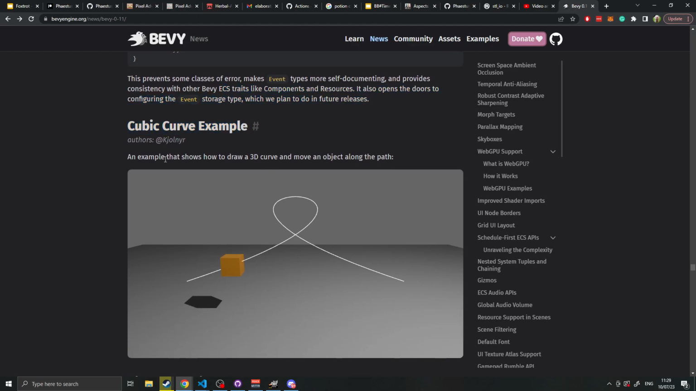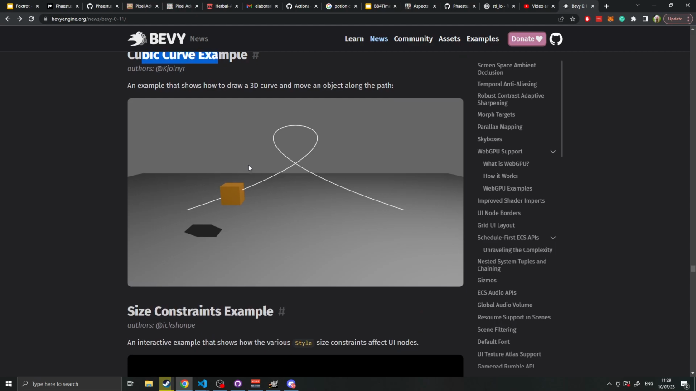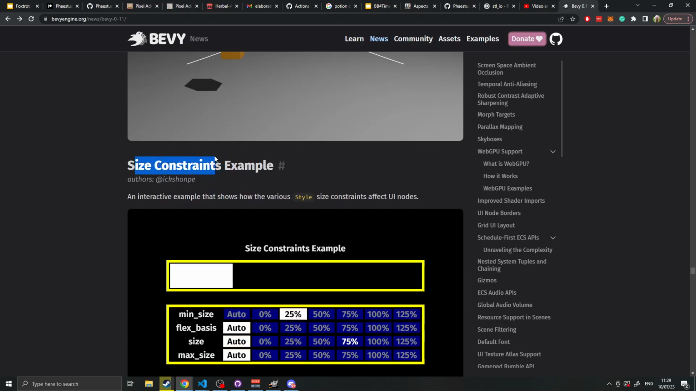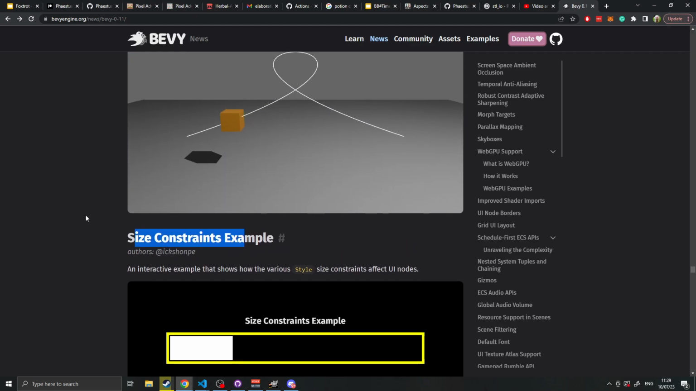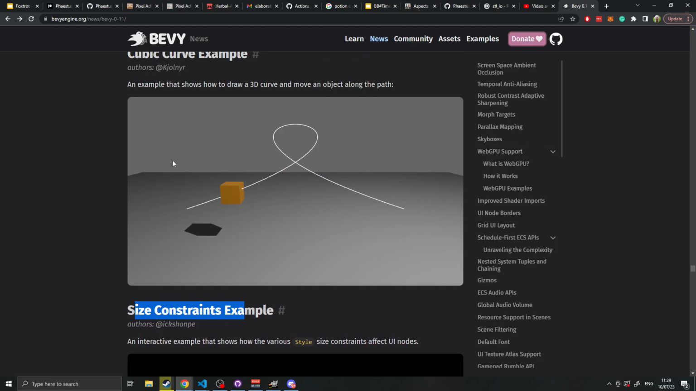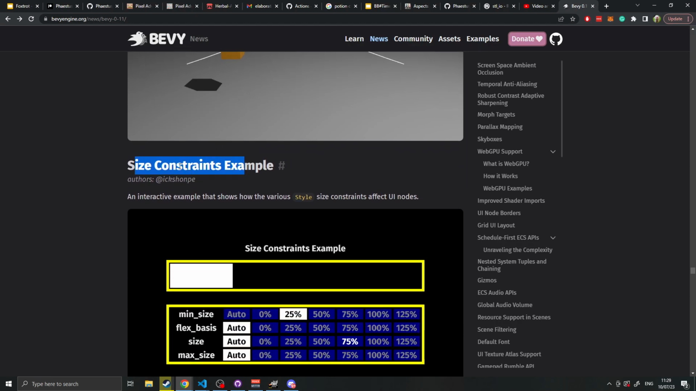So they added a cubic curve example and a size constraint example. The cubic curve example is just, I guess, a 3D example of how to draw a curved line and make something move along that line. The size constraint example is